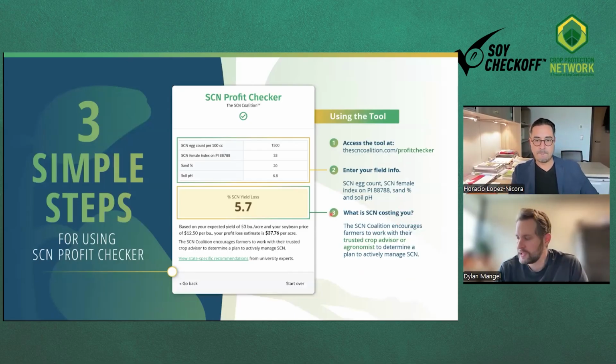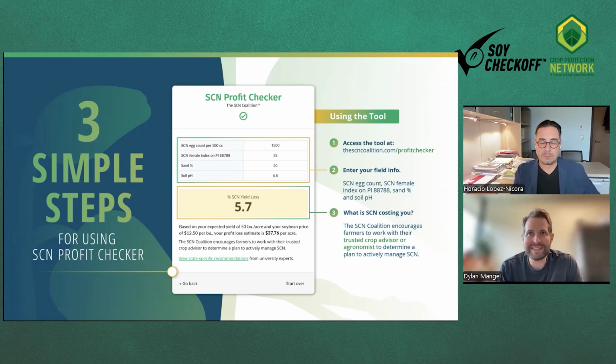So Horacio mentioned the importance of testing. You really don't know if this nematode is there unless you're testing your soil. But when we test soil, we take it to a lab and we separate out those nematodes and we count them. And we're going to provide growers with a count. We're going to say you have 1,500 nematode eggs per 100 cc's of soil, for example. But it's really hard to know what that means, how to interpret that, and how that's going to impact your